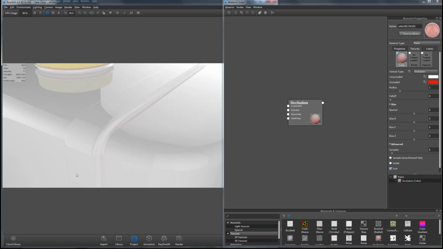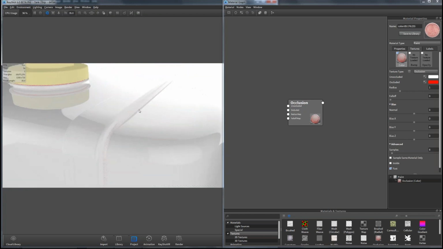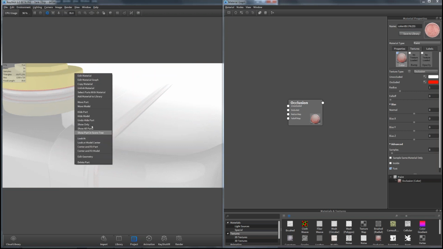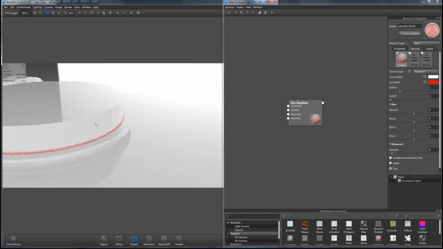What the occlusion texture does is, for all of our surface, we've got all these little triangles making up the surface. The occlusion texture points a line straight out from that surface, and depending on whether or not that surface has a neighbor, like if it runs into anything, it'll assign a color to it. So for example here, let me hide this part right here. This corner is a good example of where this is happening.